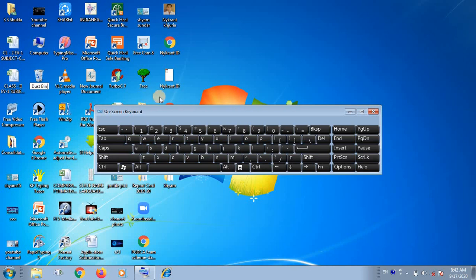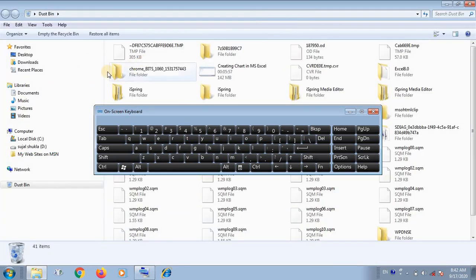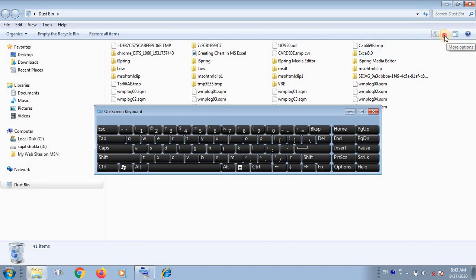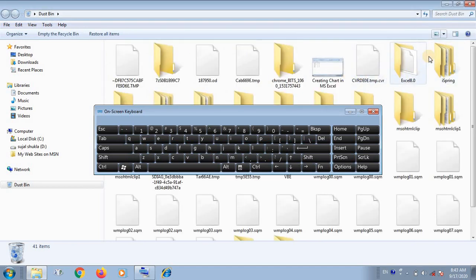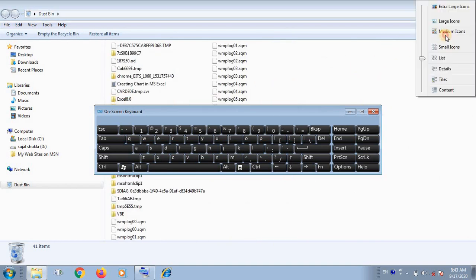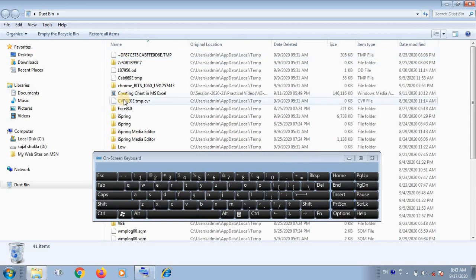Okay, you are looking here, it has been changed, and as you double click you have seen here in the recycle bin option, empty, restore all items, two options you can see here. You can change this list in small size, small icon, large icon, as you are looking here. Okay, list form, and if you apply the detail, then it will show you the detail of the file name,